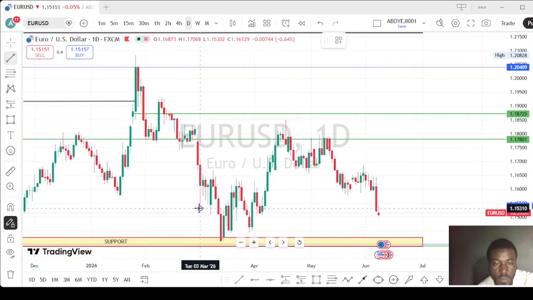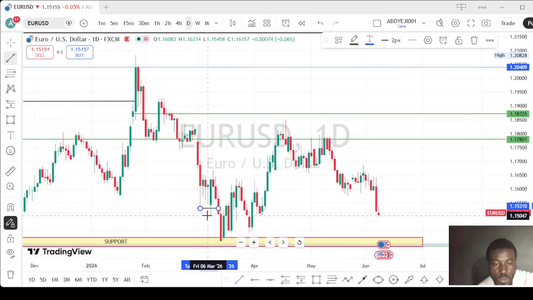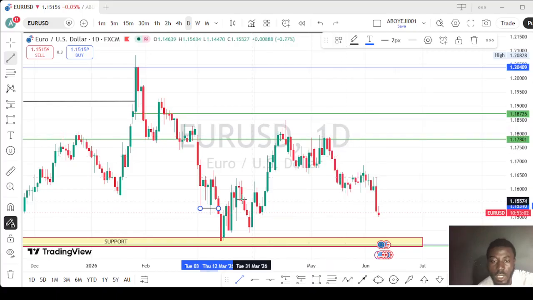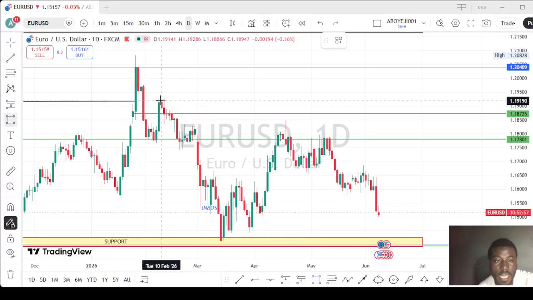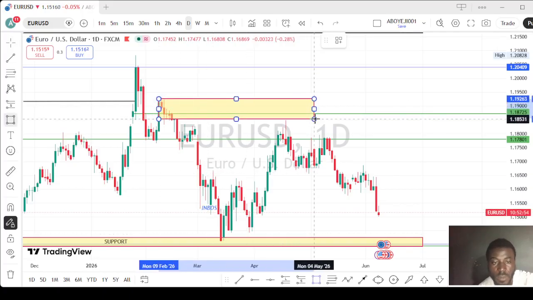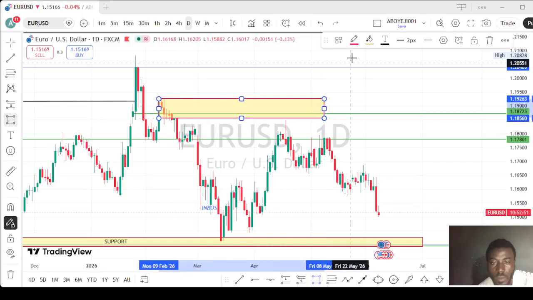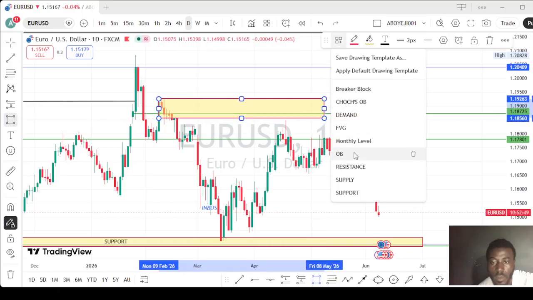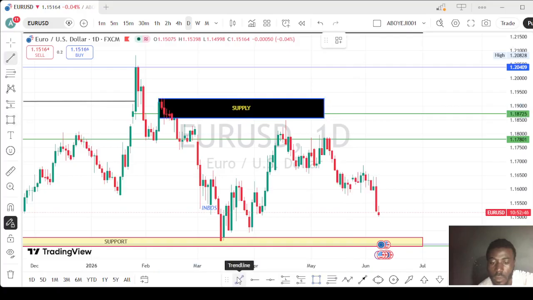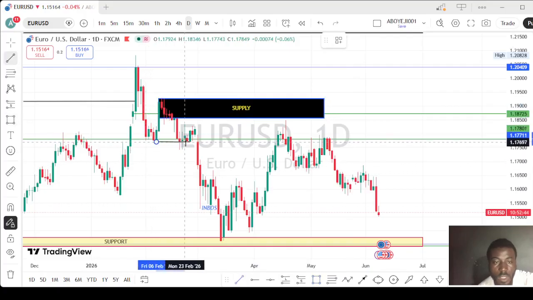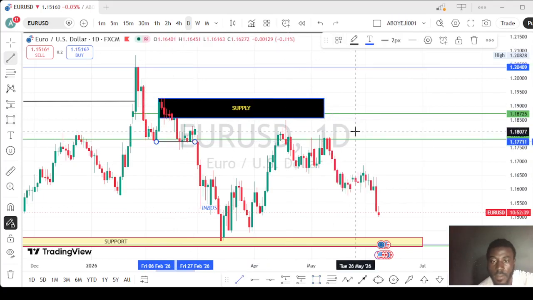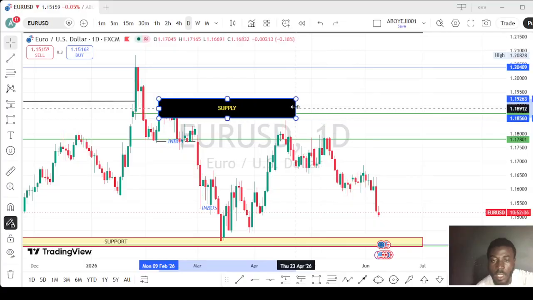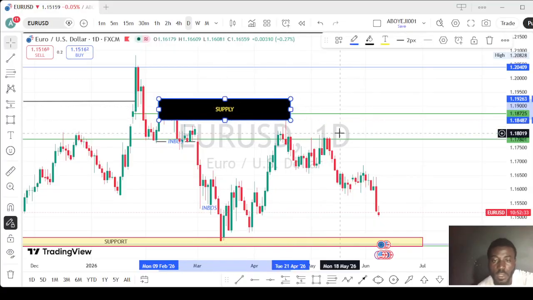We are using it from here because this is a weak candle. It does not break the structure, and this is a what? Break of structure. And here is the supply. This is the supply that pushed the market down. Maybe these are previous breaks of structure here. And this is what we are seeing in the market. So let's just be patient.